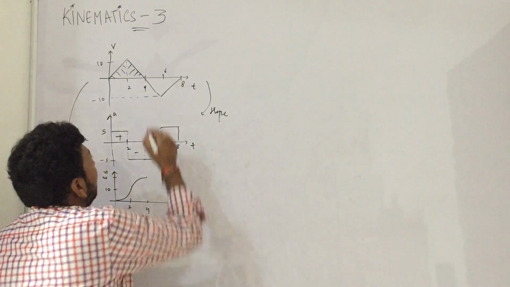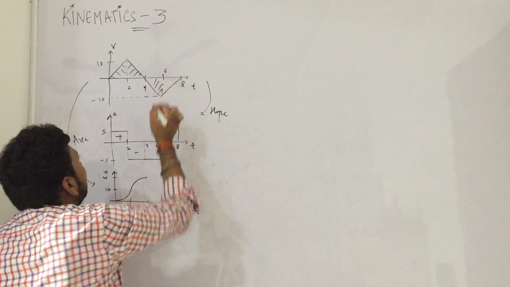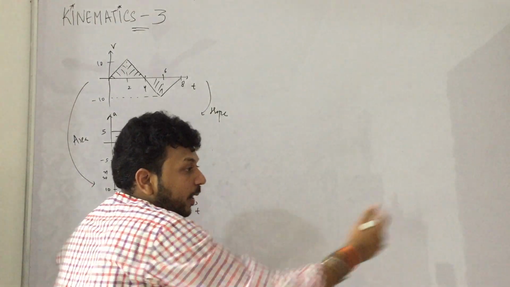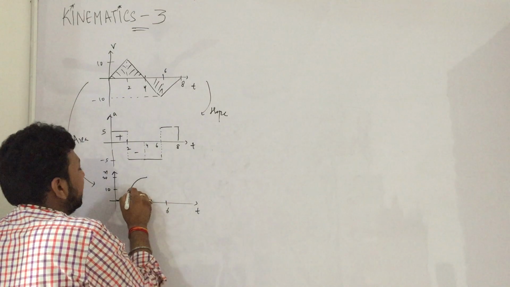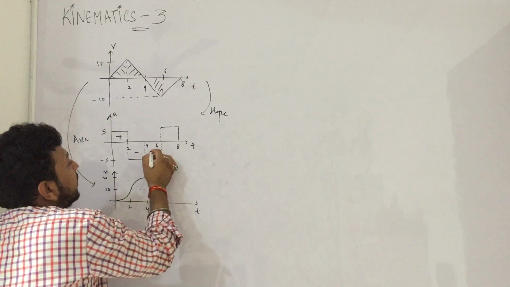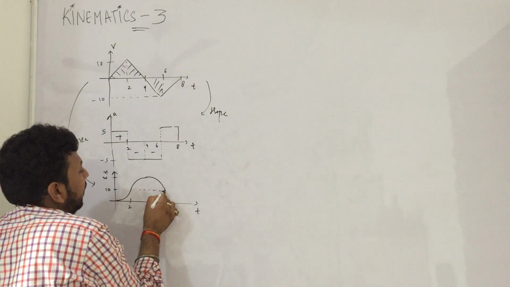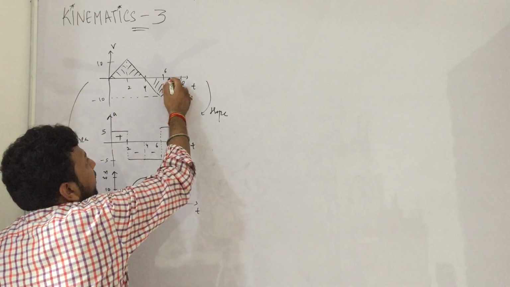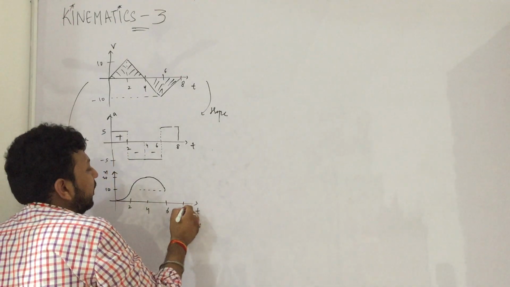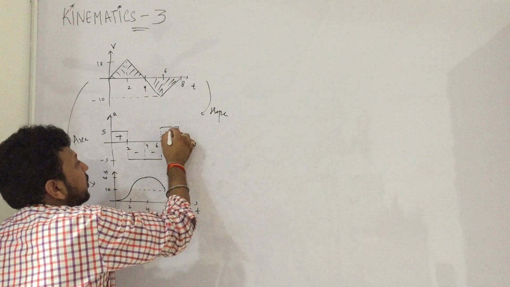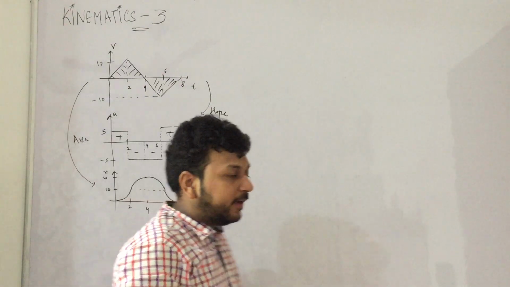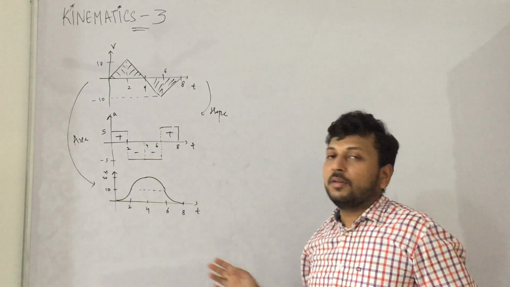In another 2 seconds, x becomes minus 10, half into base into height. So I have to come back. I have to come back at 6 seconds. I have to reach here, 20 to 10. Acceleration was negative, that means downward parabola only. And in the next 2 seconds, half into base into height, that means minus 10. I have to reach here. Acceleration is positive, that means upward parabola. Okay, this is the graph, and you can see the position increased and position fell.